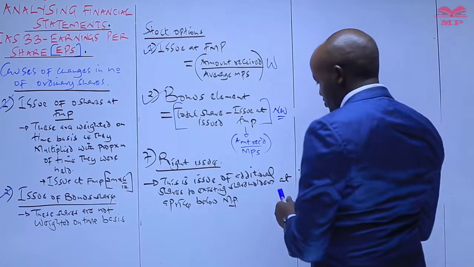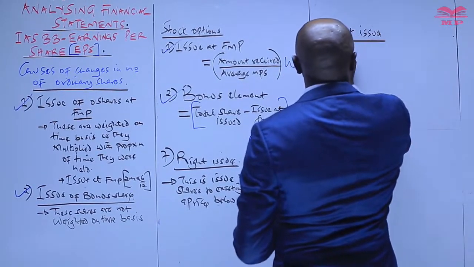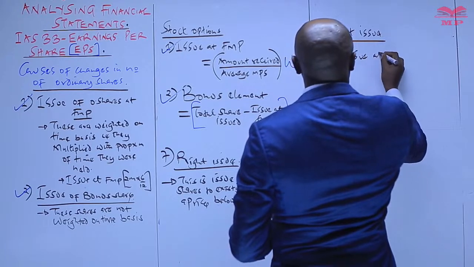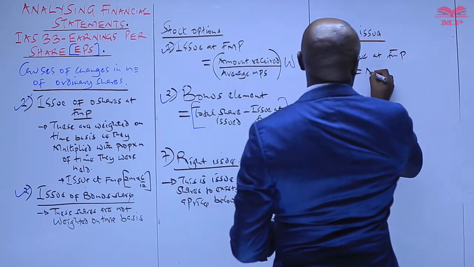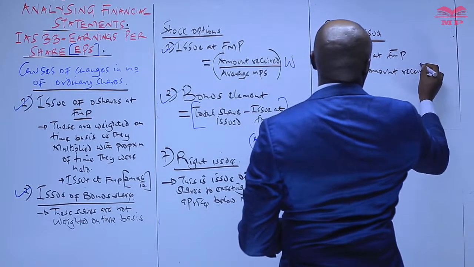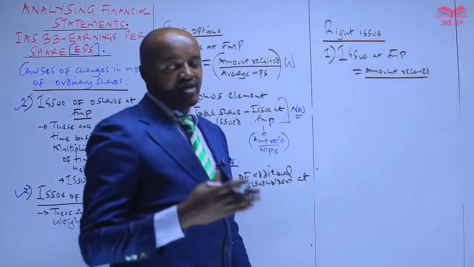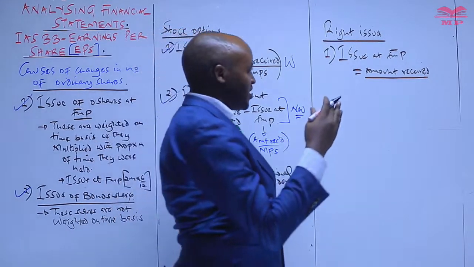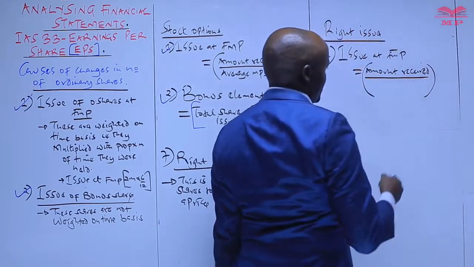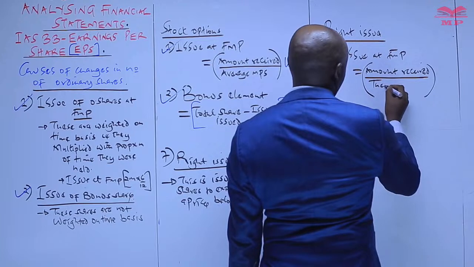The shares which are issued during the right issue will be split into two components. One, the issue at full market price. To compute these shares issued at full market price, first of all, you need to compute how much amount was received by the company from the existing shareholders. You take the shares which were issued to the existing shareholders and multiply that with the price which was paid per share, and then you divide that with something called the theoretical